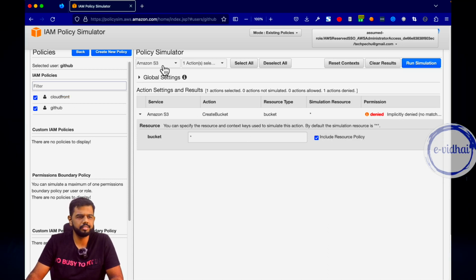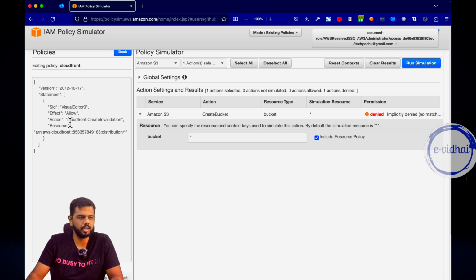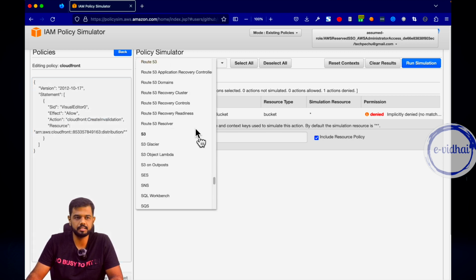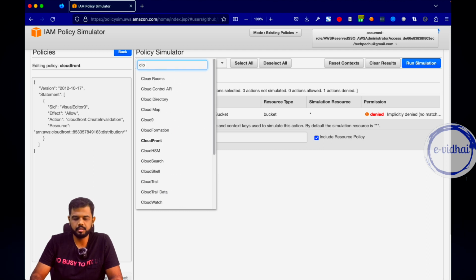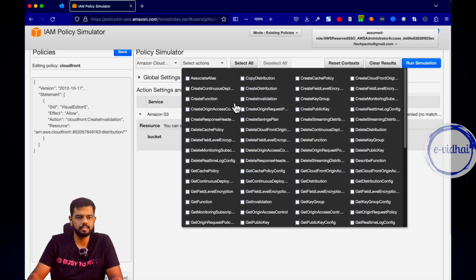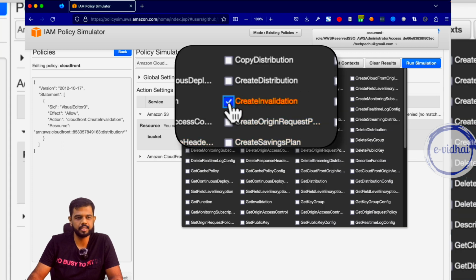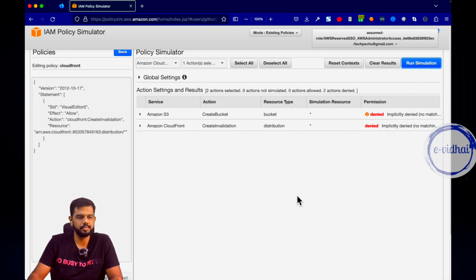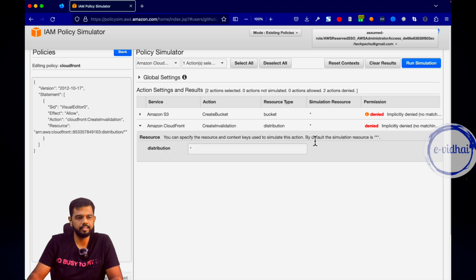So we can see for CloudFront, the policy document says we are allowing a specific action called create invalidation. We can test whether that specific action has been permitted. I can even filter here, like CloudFront is what we are looking for. Choose service CloudFront. The action we are looking for is create invalidation. So it should be here. I can select it in the checkbox and choose run simulation. Now you see it says create invalidation is being denied because of star,